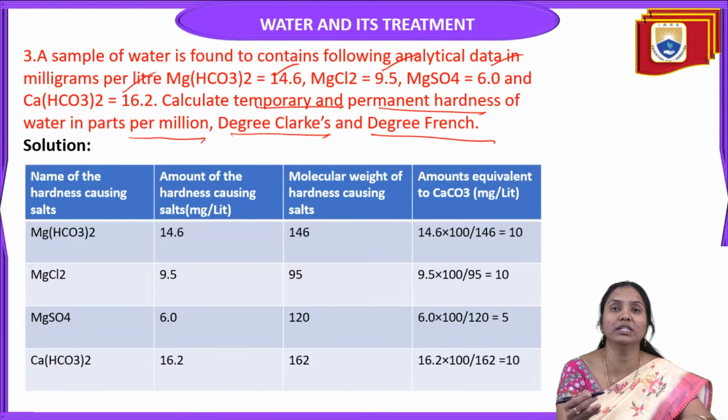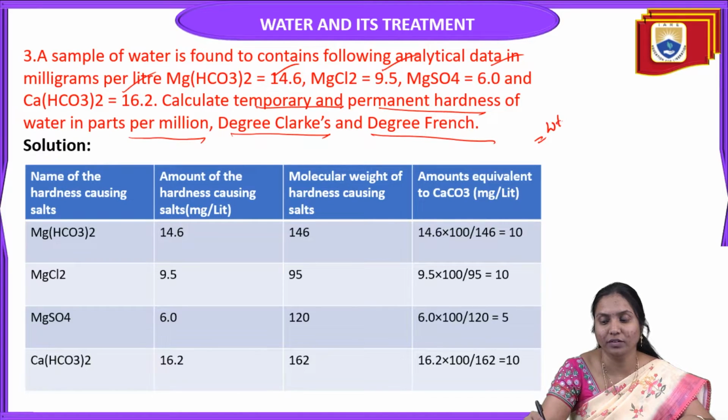All these are units of water hardness. So what is the first step here? All the hardness causing salts are converted into CaCO3 equivalent terms. We convert all of these into CaCO3 equivalent because it makes the calculation very easy. What is the formula we are using here? Weight of hardness causing salt